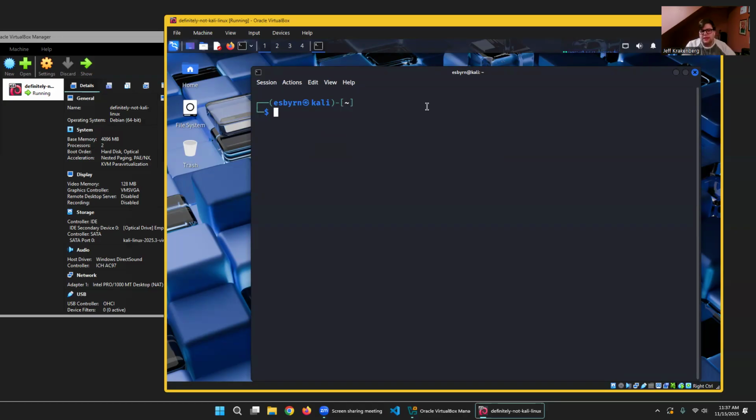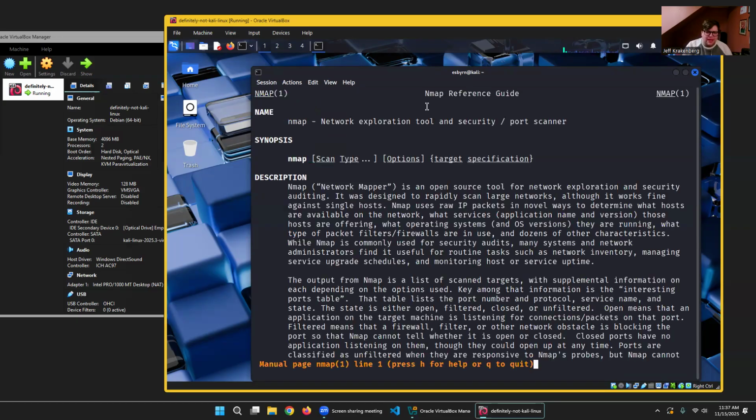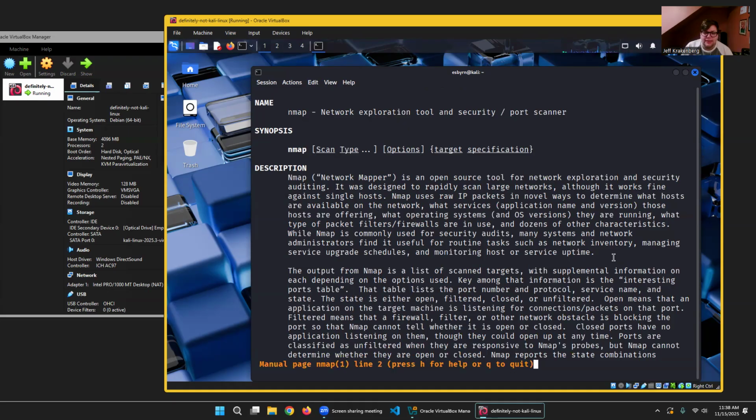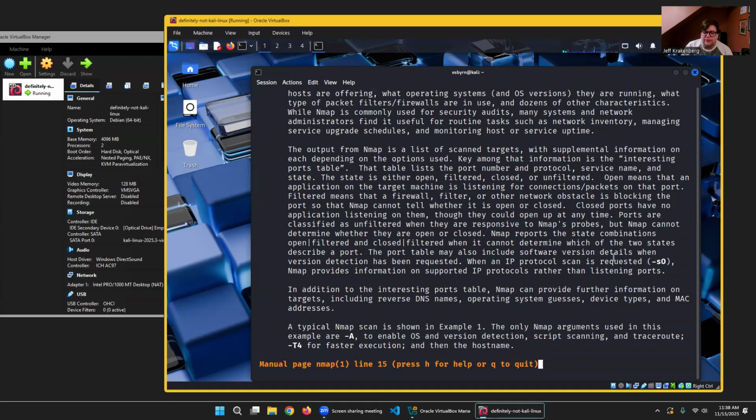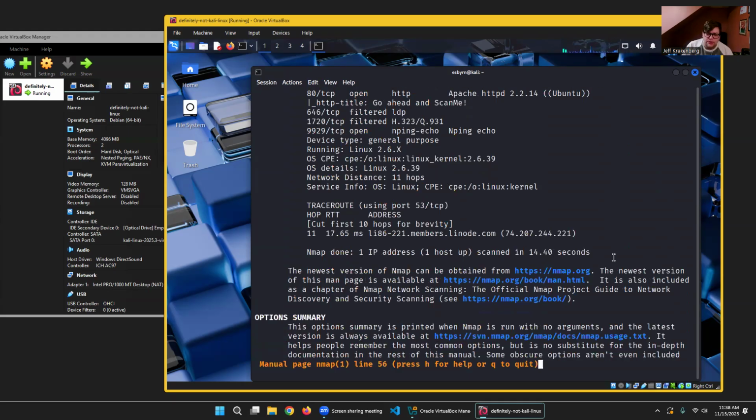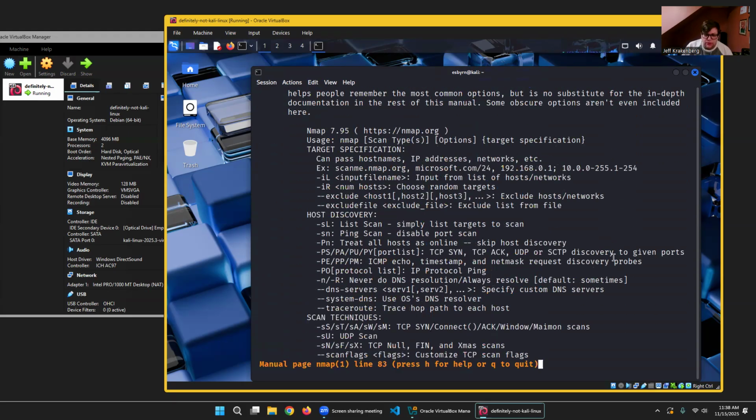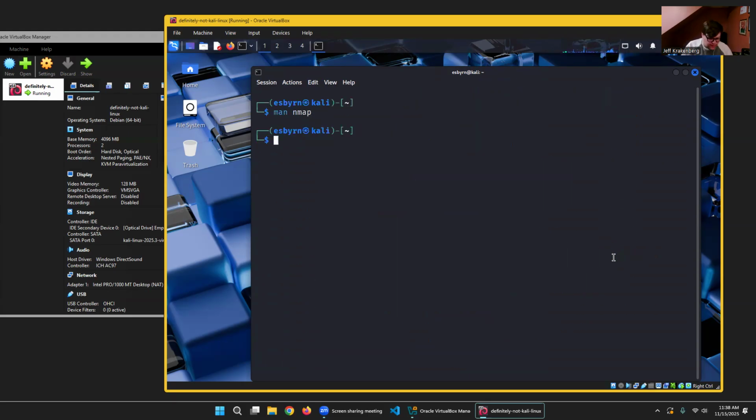So let's go ahead and get into it. The tool that we're going to be using is Nmap. It does have a man page here in Kali Linux that you can go ahead and read through. Technically, it stands for Network Mapper, but I've never heard anyone call it that out loud outside of a classroom or a test. And it really has a ton of information in here, a ton of different ways you can use it, a lot of examples that you could go through, but that's a lot of reading, right? And this is NovNov. We're not here to read a bunch,